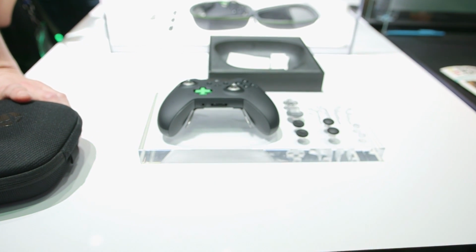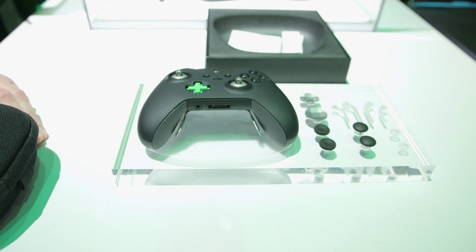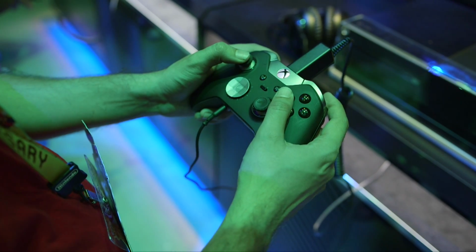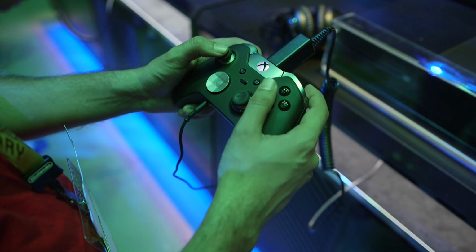Kicking off the episode is Microsoft's new Xbox One Elite controller, which debuted at E3 2015, and I was lucky enough to check it out in person. Now I think for most people there were two stages of a reaction. Holy crap, that looks cool, and sweet baby Jesus, that's expensive. It hits stores later this year for 150 George Washingtons,